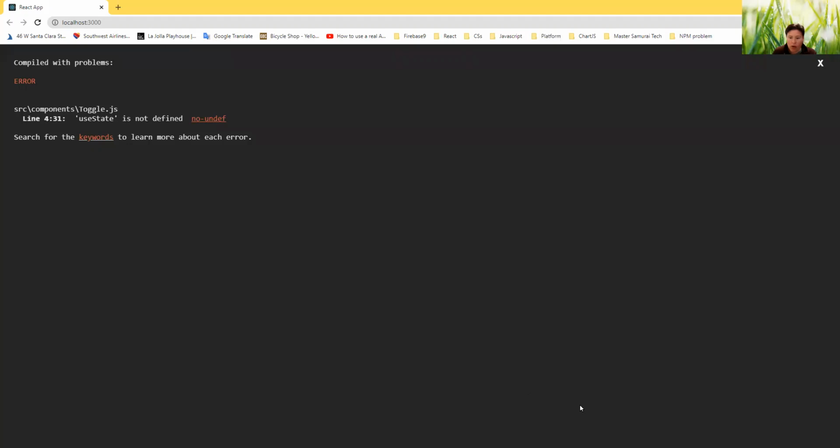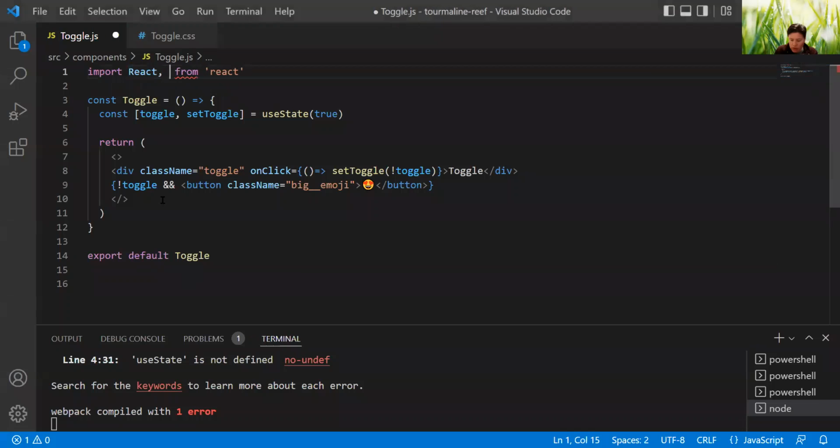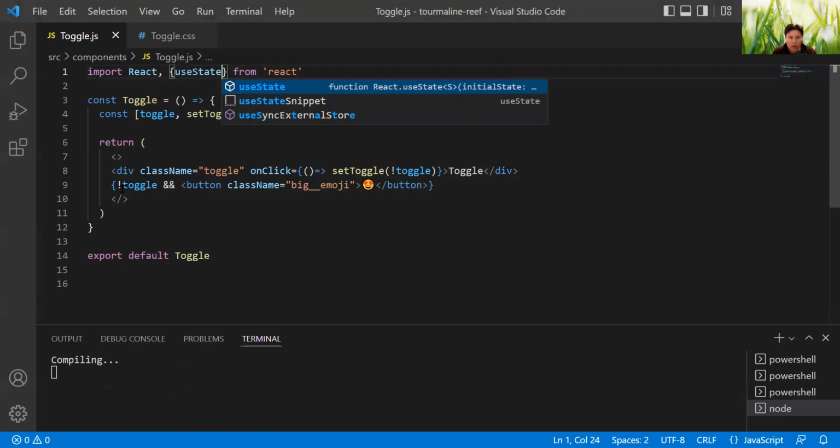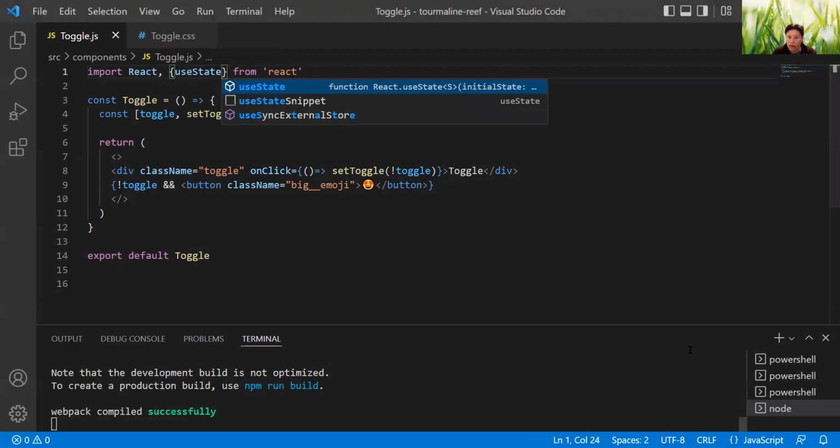And then as that opens up, it says use state is not defined. Oh, that's a very simple thing to fix. So we're going to go back here. We're going to add use state. And that's all it's asking us to do. And if we return to the local host,